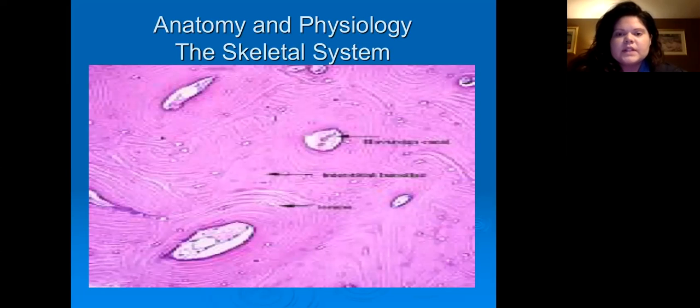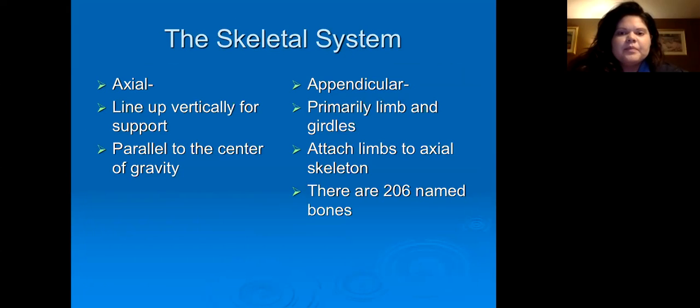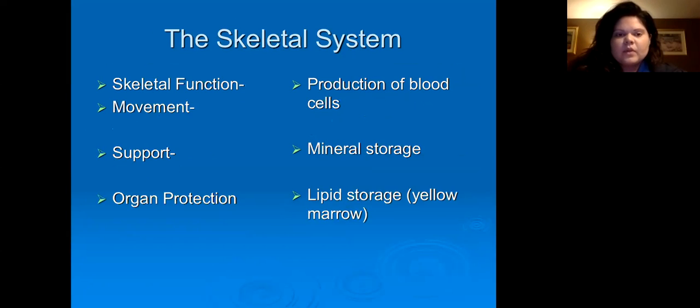So as far as the skeletal system goes, you've got different terms that are going to describe the type. Axial is going to be the line up vertically for support, parallel to the center of gravity. Appendicular, primary limb and girdles, attached limbs to axial skeleton. And then just a little keynote, there are 206 named bones. The function of the skeletal system is mainly movement, support, organ protection, production of blood cells, mineral storage, and lipid